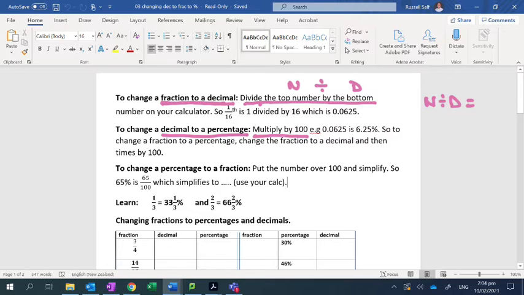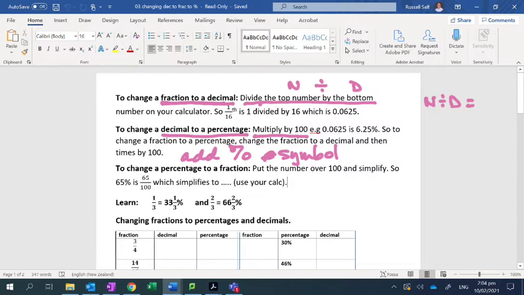Now, to change a decimal to a percent, you need to multiply by 100, and then make sure that you add the percent symbol. Don't forget to put that in there. So, to change a decimal to a percent, simply multiply by 100 and then add the percent symbol. Now, when it's a decimal, that also means you can use the shortcut of simply moving the decimal. But you really need to think of percent as times 100